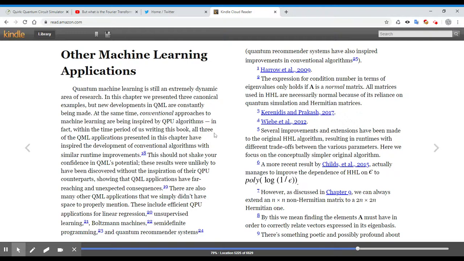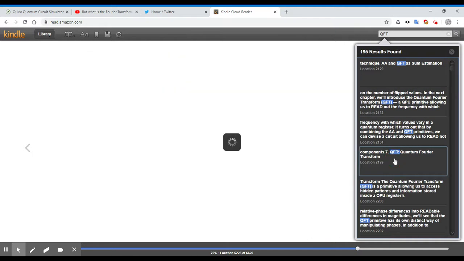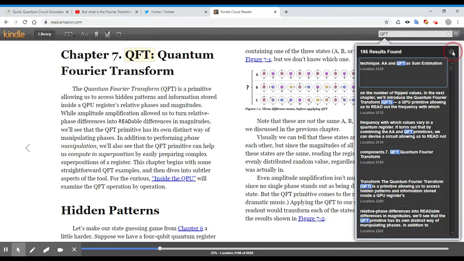Yeah, it seems like it. So this is basically the O'Reilly book, and if I take a look at the QFT, the quantum Fourier transform, the way they present it is